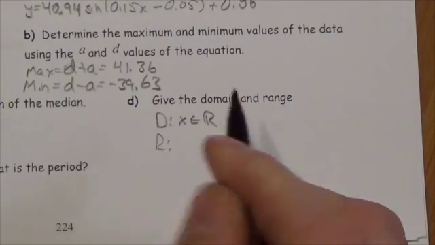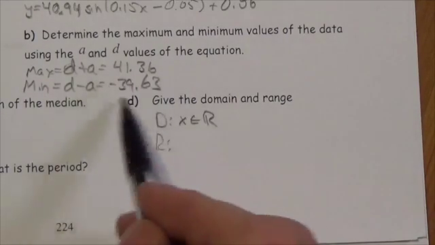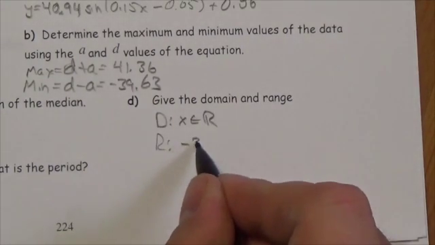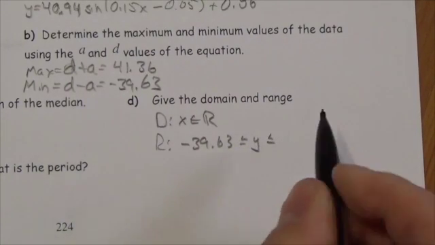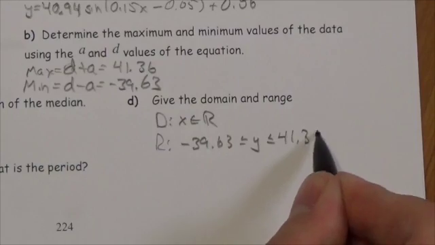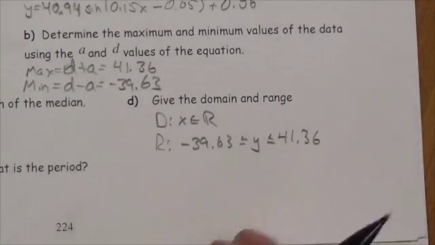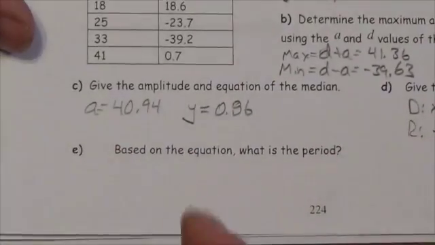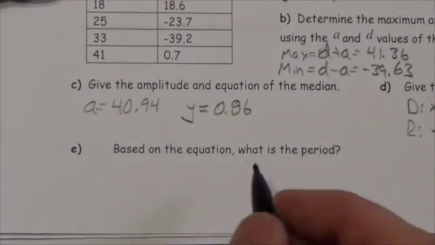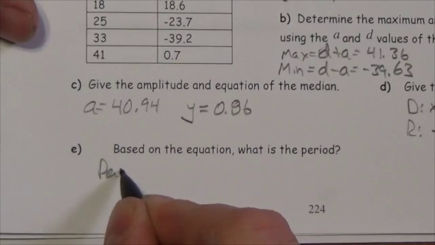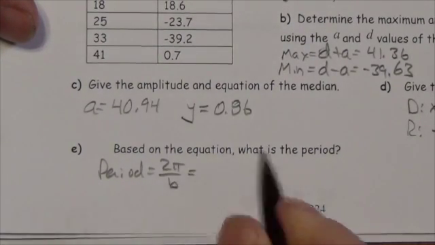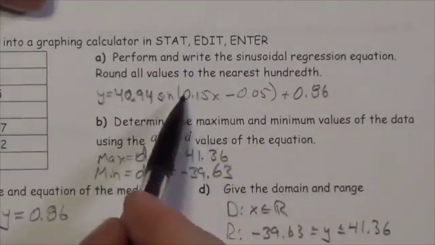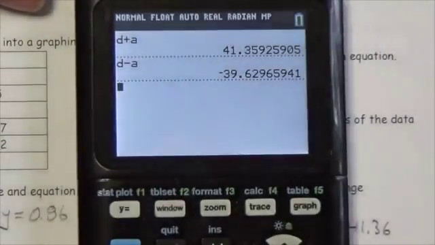The range is going to fluctuate from the minimum to the maximum. We've already identified that. So this is going to be negative 39.63 less than or equal to y, which will be less than or equal to 41.36. That's our minimum and our maximum that we found in the second question there. Okay. Now based on the equation, what's the period? Okay, well our period, we have a little equation for the period that's going to be 2 pi divided by the b value. Now, we know the b value is 0.15,